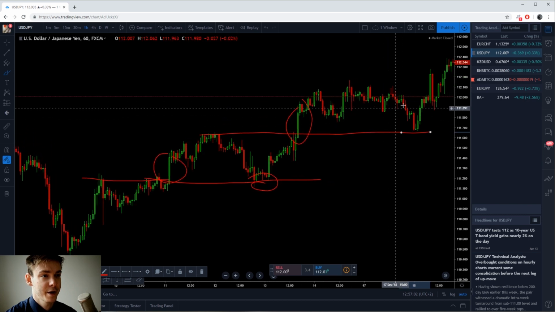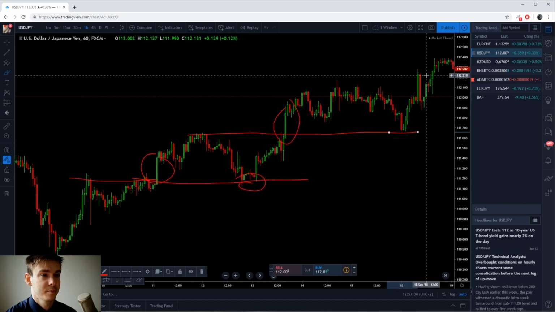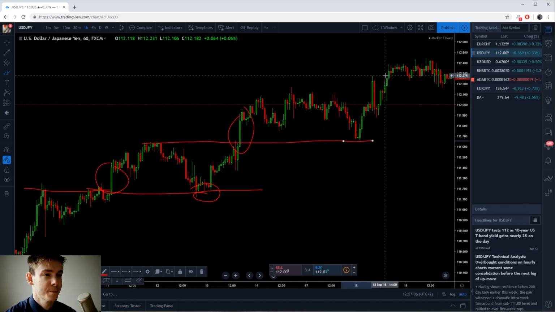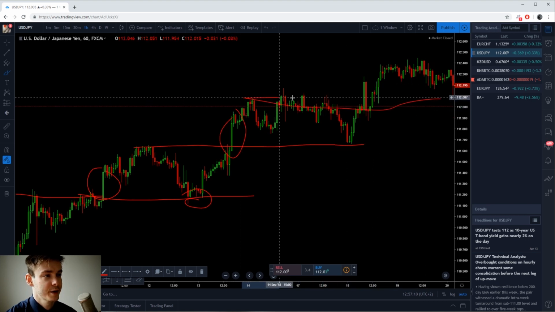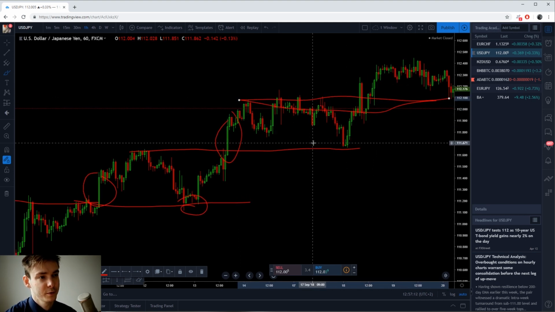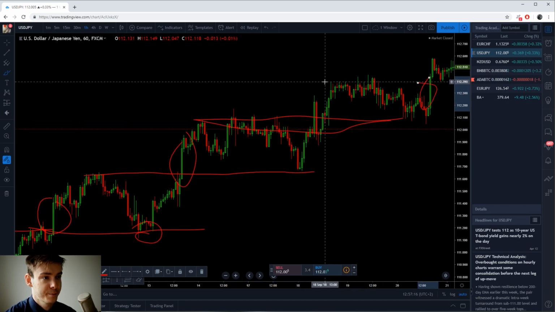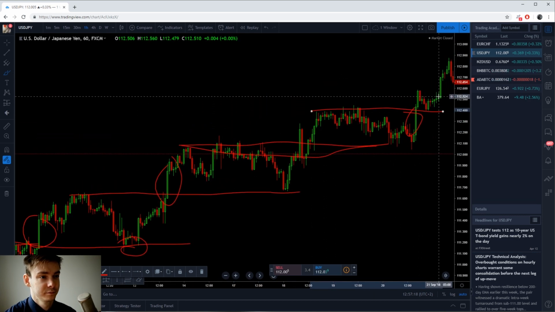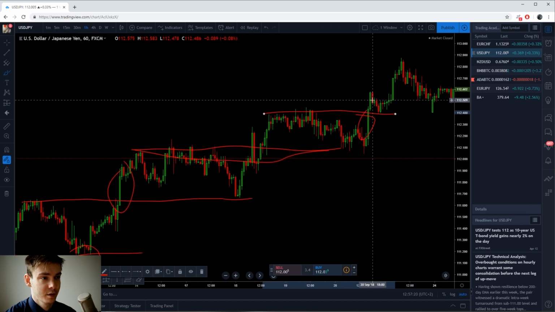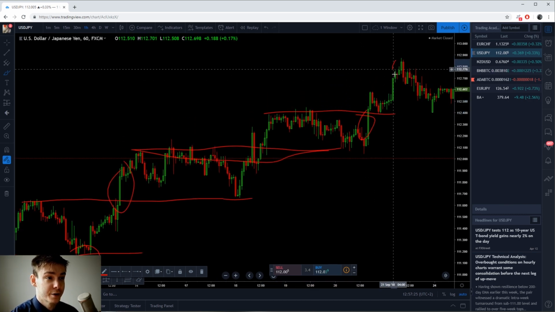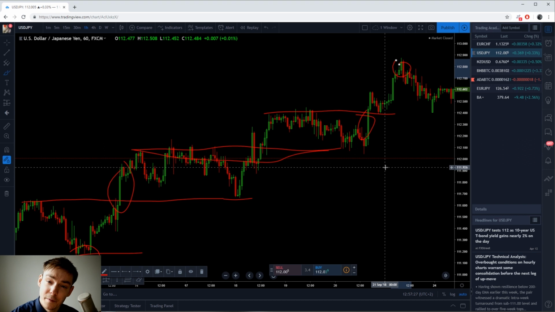So again, we have impulsive movement, but not so clear. This kind of swing here. We'll see if the market will hold it. Still impulsive movement up, swing here. Until here. This is still clear